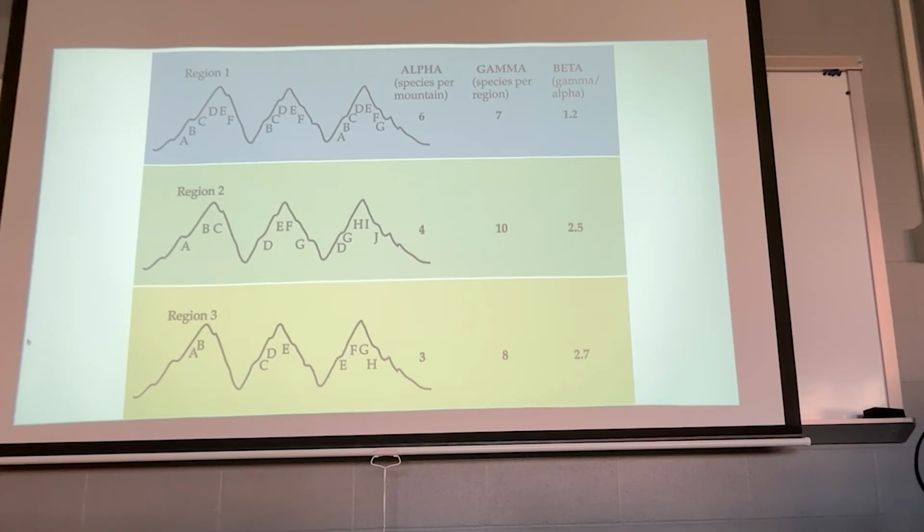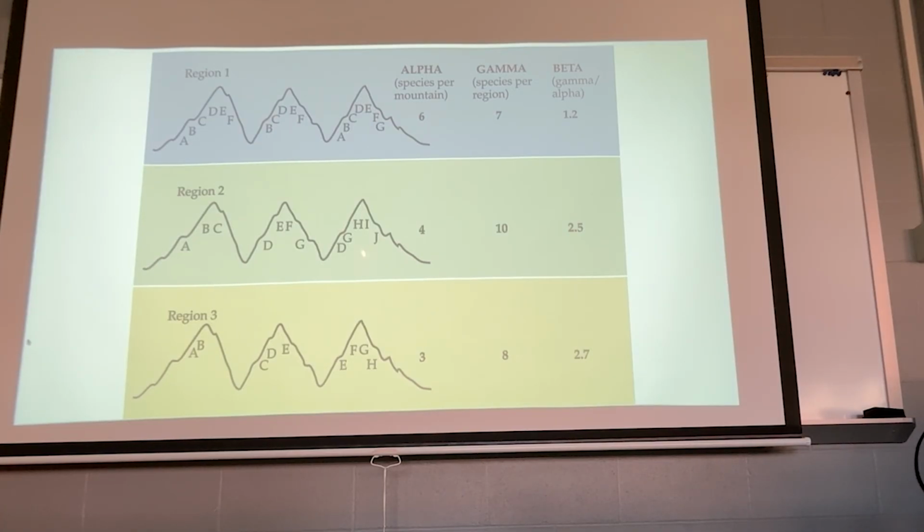The species you find on each mountain are very similar in the region. And there's very little isolation between the populations, right? They're obviously moving from mountain to mountain, right? Or they can disperse. There's no limited dispersion of species. And so you have kind of uniformity across a region. Therefore, your beta number is really small, right? So high alpha number, that is a large number of species within each mountain. Low beta means that the mountains are very similar, right? Or the communities are very similar on these mountains.